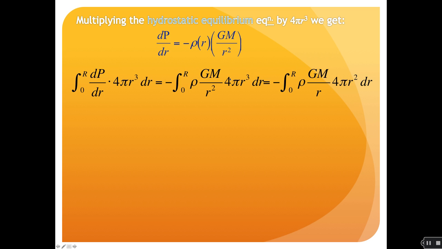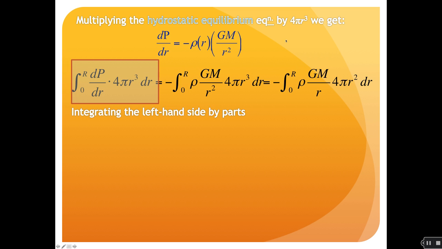But if we take this one, we can do a little bit of cancelling. So we've got a pi r squared. This will become clear later. I'm going to concentrate on this piece first. So I want to integrate this by parts. If I integrate by parts, I can get the first part, which is just the dP by dr, and that is going to be P, right? And then the other part is integrating this while keeping this straight. And so if we do this and integrate by parts, what we get is that